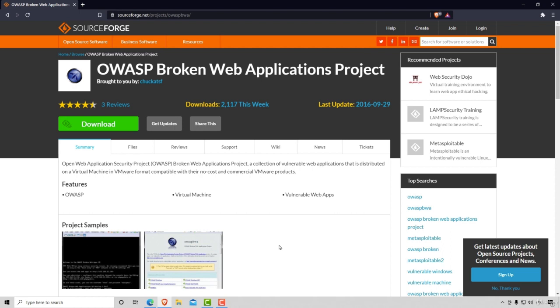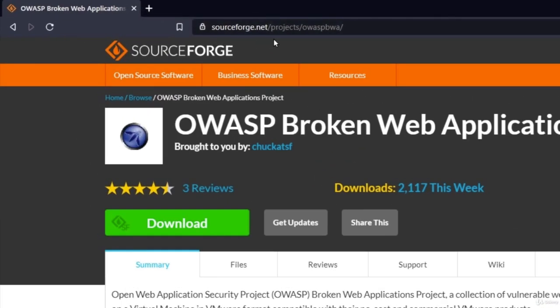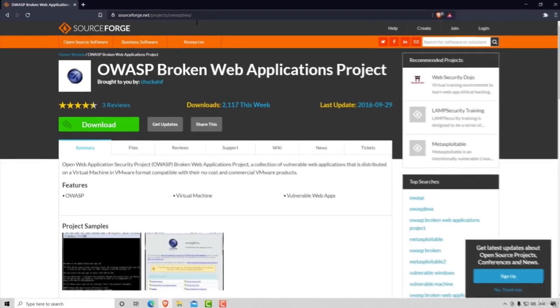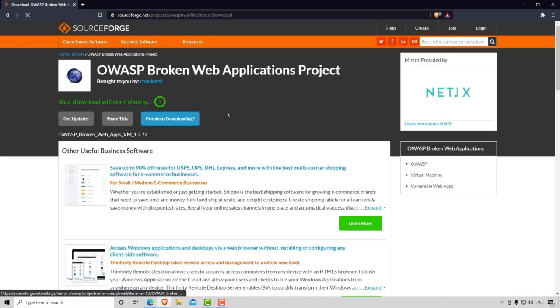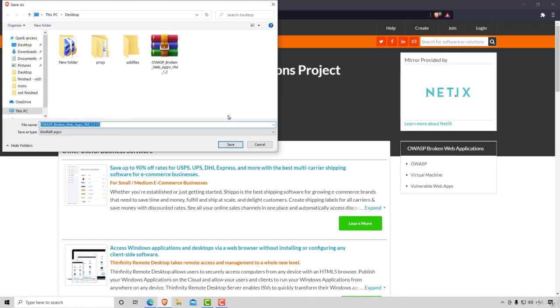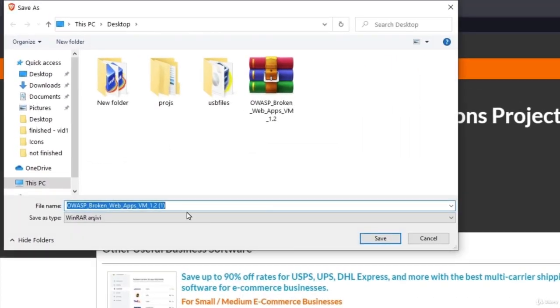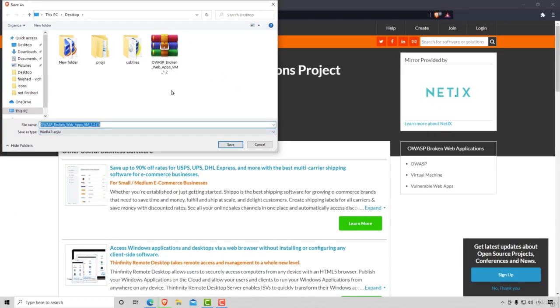And it also has a bunch of vulnerable web applications hosted on this machine that we can use to target and attack. Now, to download it, we can navigate to the link of sourceforge.net/projects/OWASPBWA. Under this link, we will have the download button, and then just by clicking on it, we can start the downloading process, which will ask us where we want to save the OWASP Broken Web Application virtual machine. Now, since I already have it downloaded, I'm not going to do that, but I just saved it right here